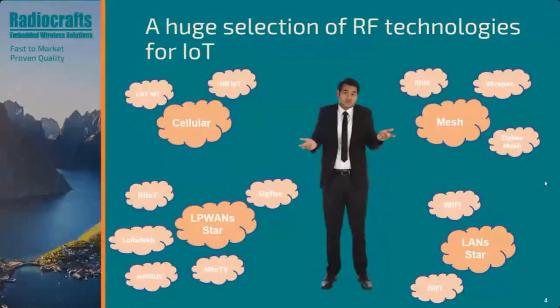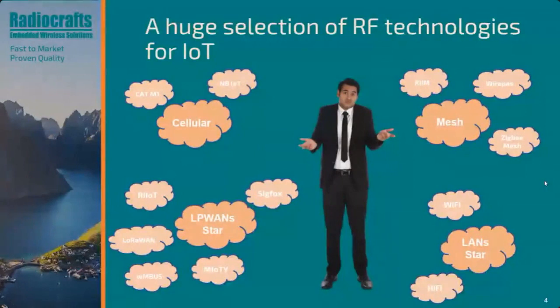So briefly, we have now the group of cellular technologies where we have specifically made technologies which are made for IoT use. They're different from the cellular that we use when we speak on the phone, such as narrowband IoT and LTE category M1. And then if you look at low power wide area networks in the star topology, you have